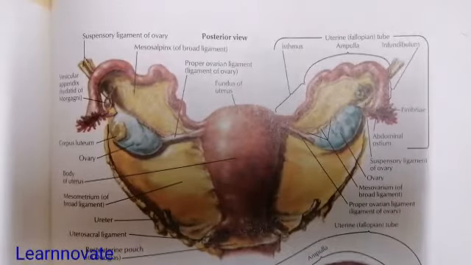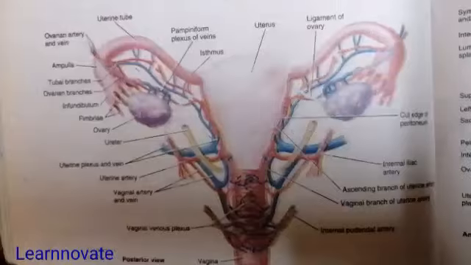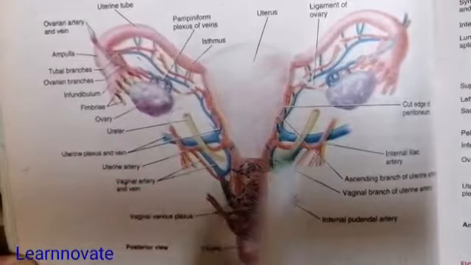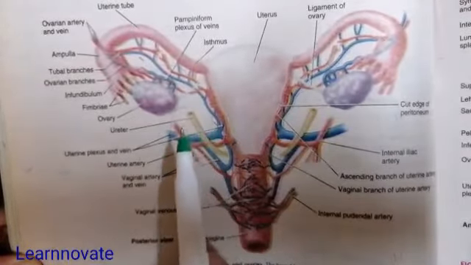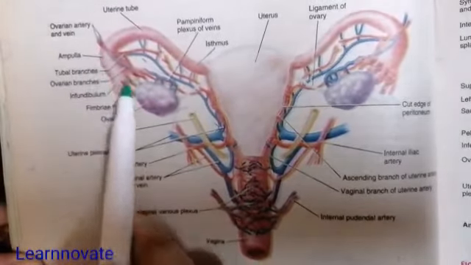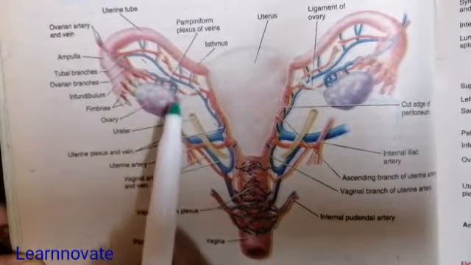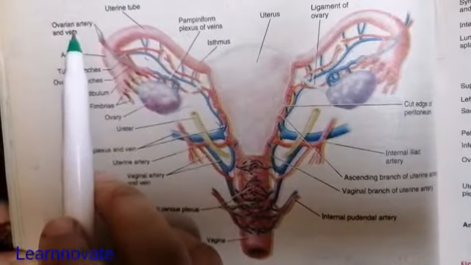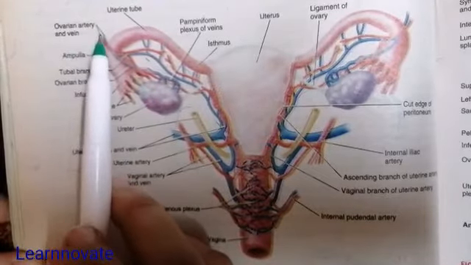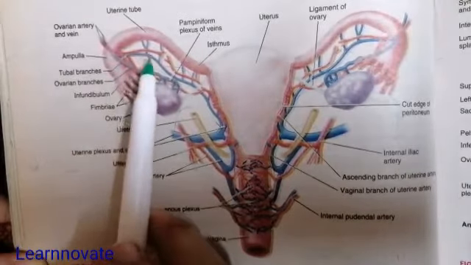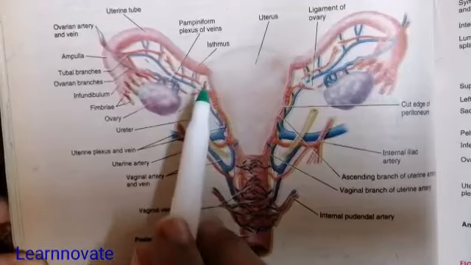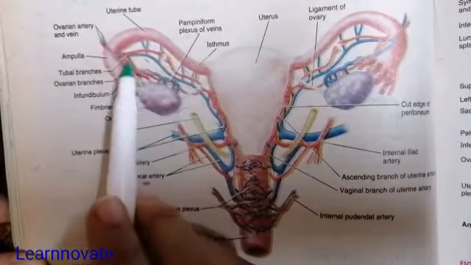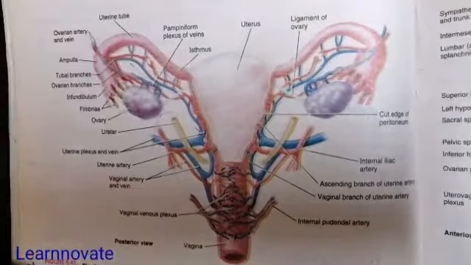Now coming to the blood supply of the female internal genitalia, the vasculature of the female internal genital organs. In this diagram we can see that the uterus and the ovaries have a blood supply from two arteries. The ovaries are first supplied by the ovarian arteries. The ovarian artery and vein run through the suspensory ligament and give blood supply to the ovary. The ovarian artery is a branch of the abdominal aorta, and from the abdominal aorta it reaches the ovary and anastomoses with the uterine artery coming from the inferior floor of the pelvis, and then they both anastomose and bifurcate to form the tubal branches and the ovarian branches.